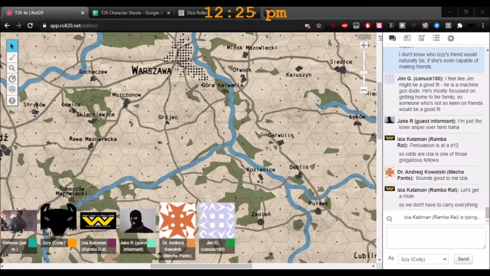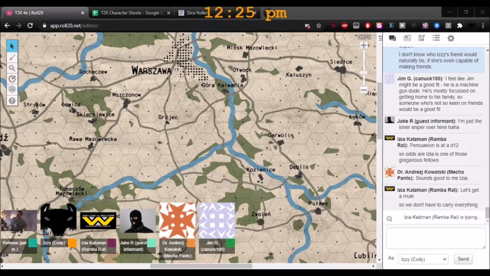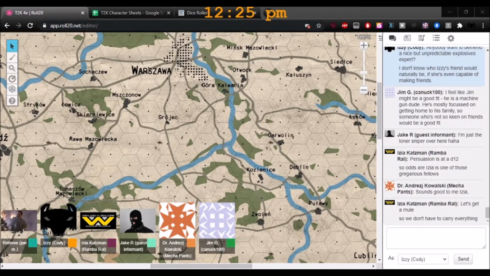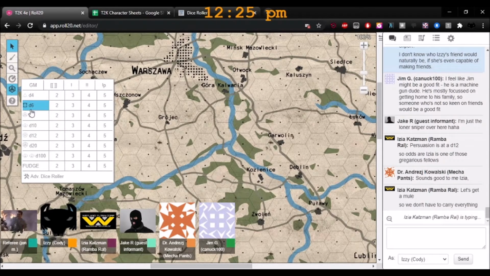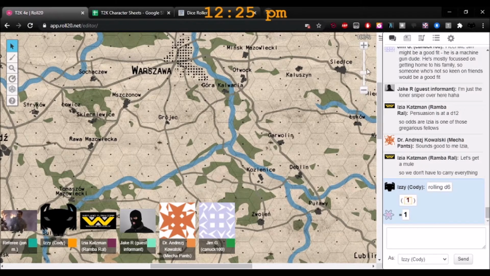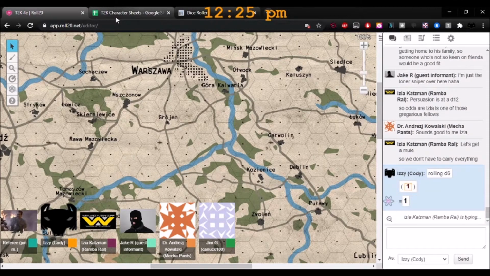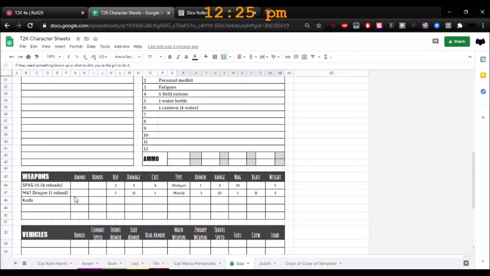Does anyone have drive? I do. Not great. What's your agility? Because you roll 2 things: your stat and then your skill. I am B and D, respectively, for agility and driving. And a D8. Son of a bitch. Well, there's only one additional rocket. But still, 2 is better than 1.